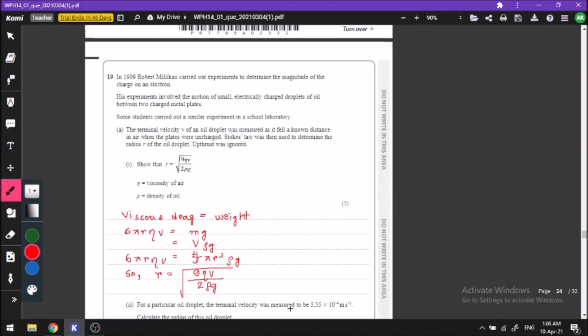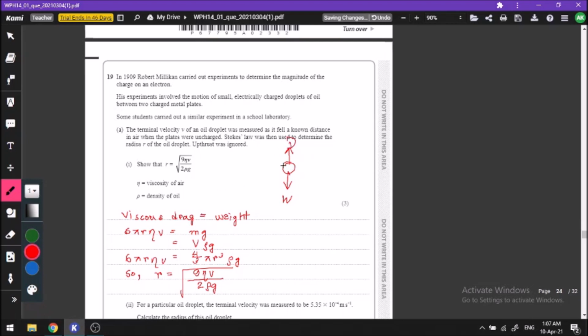Next, basically they're telling us to prove this equation. Okay, they haven't provided us with any information. We have to figure it out by ourselves. Basically, we have to use the situation where a droplet is falling with a terminal velocity. So what happens is the earth is constantly pulling this droplet with its own weight, right? But since it's falling through the fluid, the fluid will try to give some resistance to its motion. So there will be some viscous drag D.